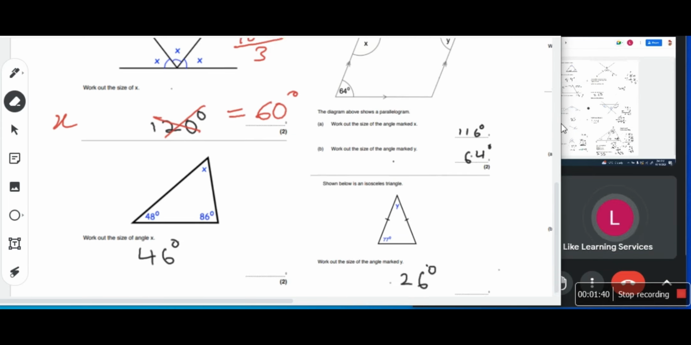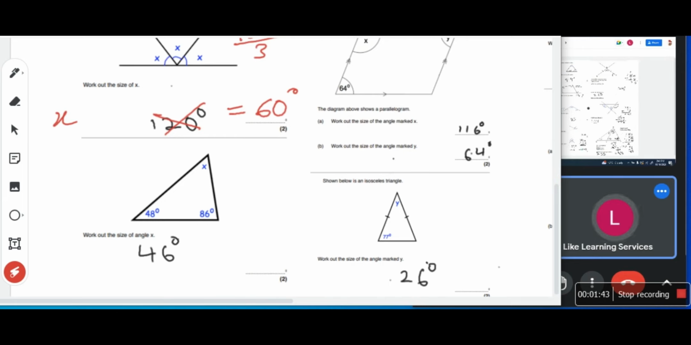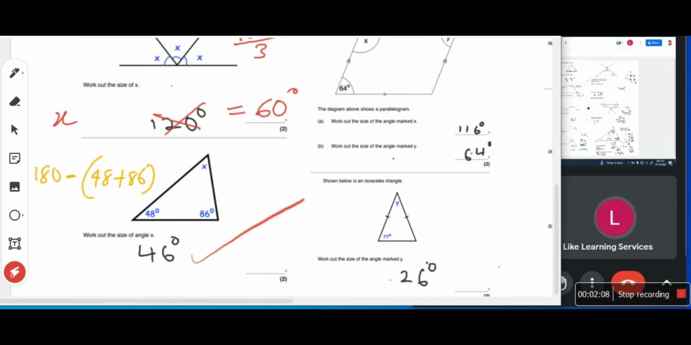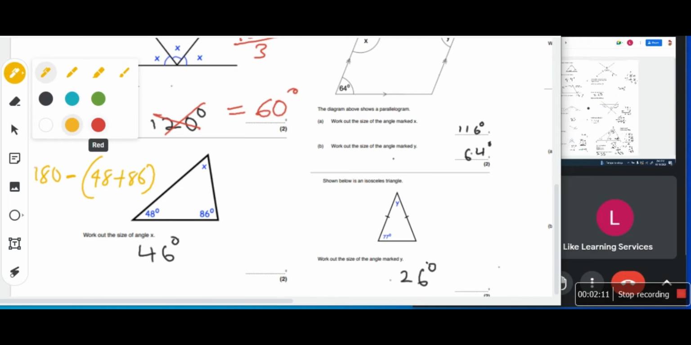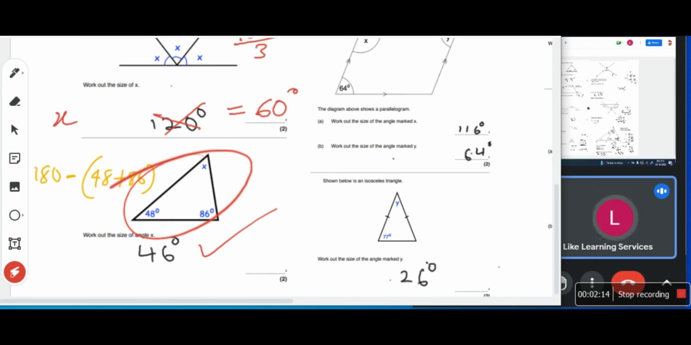Maybe you made a mistake there. Okay, let's see this one. You have 48, 86, and x. All of them must add up to 180. I think what you did was you did 180 minus, then you added 48 plus 86. I think that's what you did. 46. Okay, I think this should be correct. Is it? Yes, this should be correct. Because everything is 180, so 48 and 86 together, add them, and then 180 minus that. All right, next,